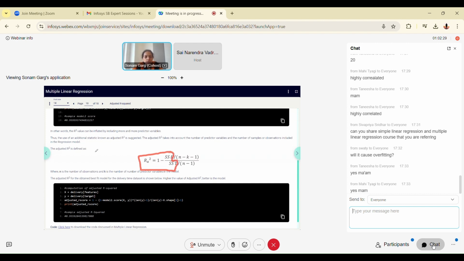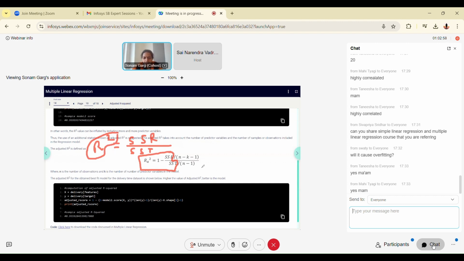Or the other formula is, you can go to the simple linear regression evaluation topic and check: R square is SSR by SST. And there's a relationship between SSR, SST, and SSE: SST is equal to SSR plus SSE. That is explained there, what all these errors are. If time permits, I'll go back and show you what these errors are. Okay, so that is how the final R square value comes.